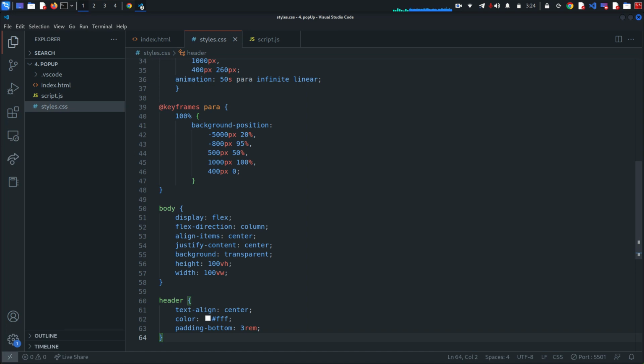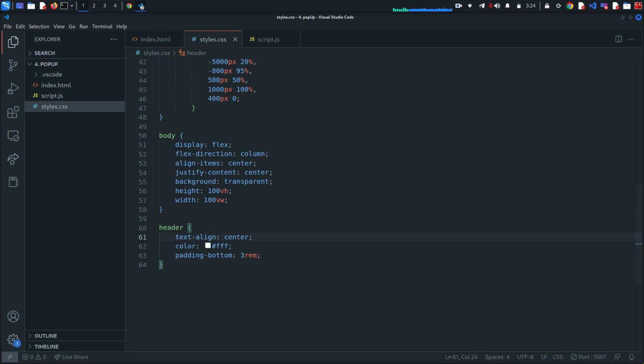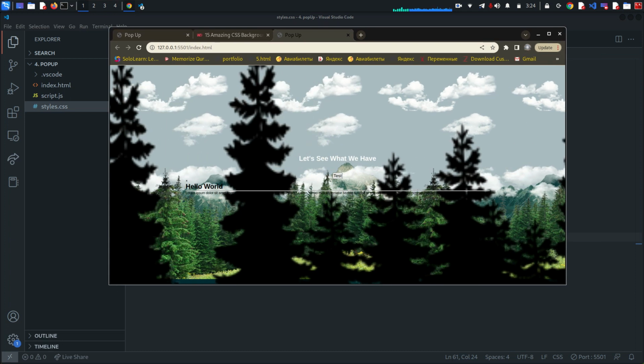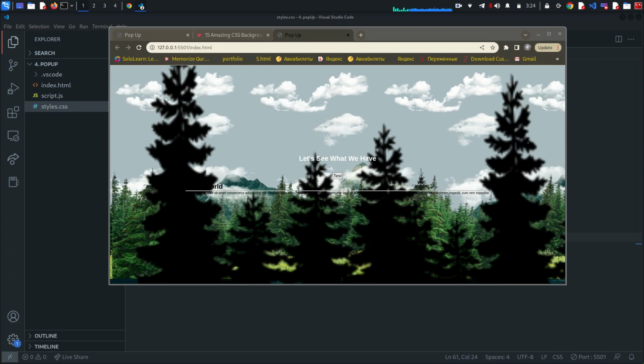Let's make it like this. I aligned text in the center. I made text align center. You see? Here it is. The next thing is